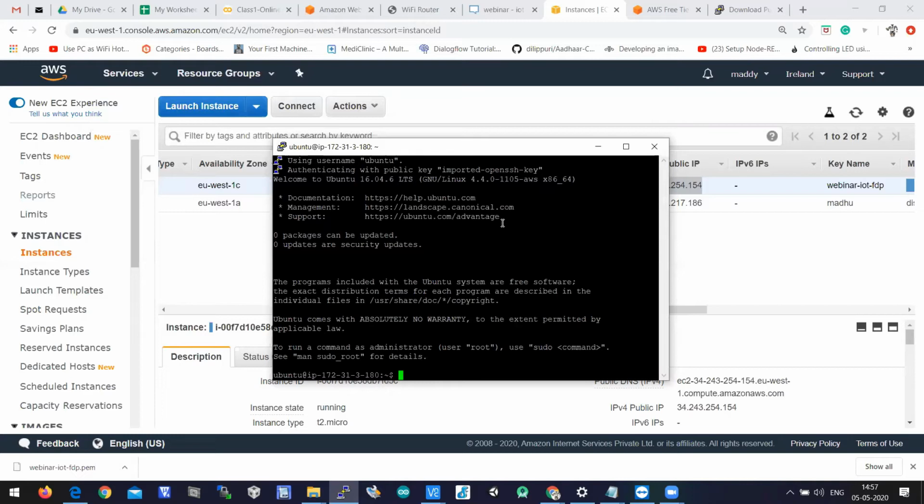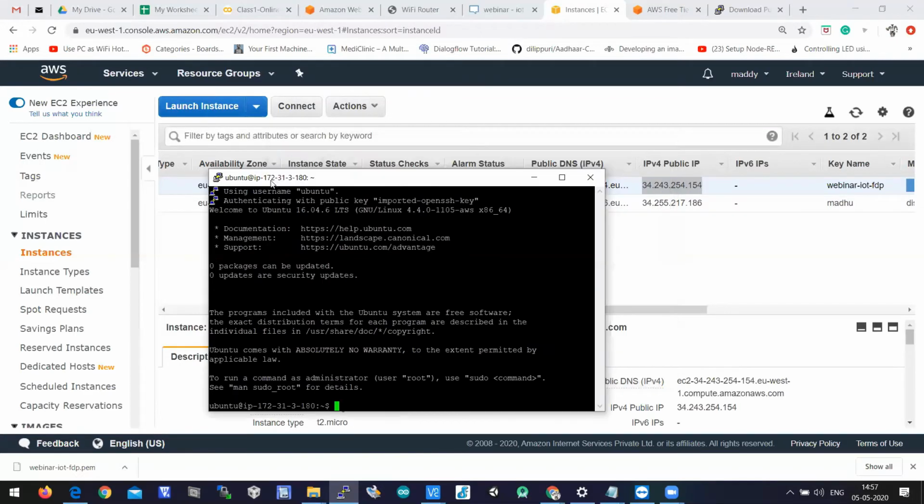So when you look at the Putty software, it is displaying 172-31-3-180, which is nothing but 172.31.3.180. That is called the internal IP of the instance. This 172.31.3.180 is the internal IP. 34.243.254.154 is a public IP, which is like an external IP.